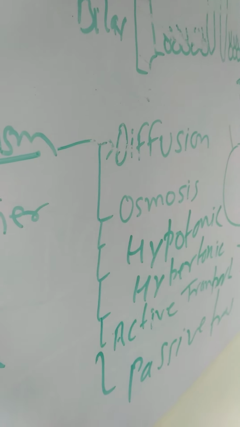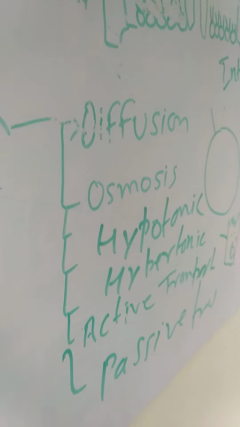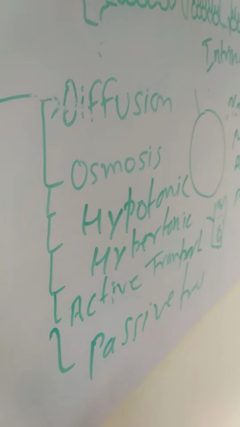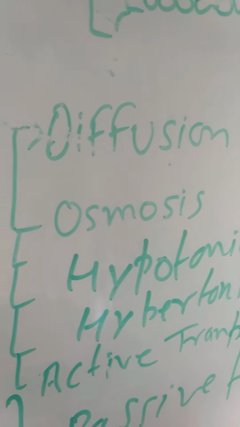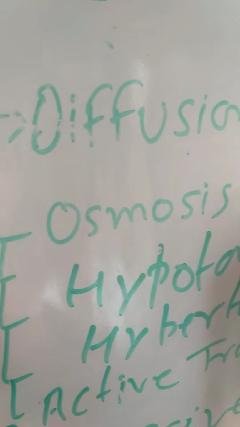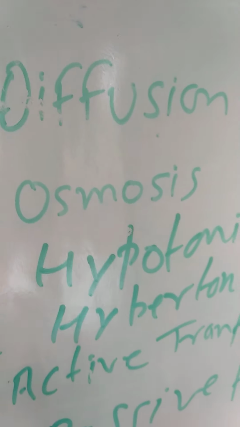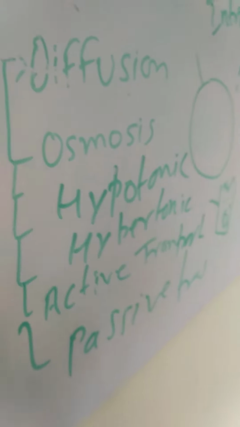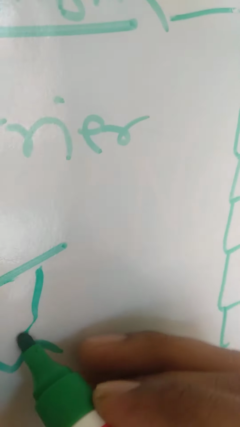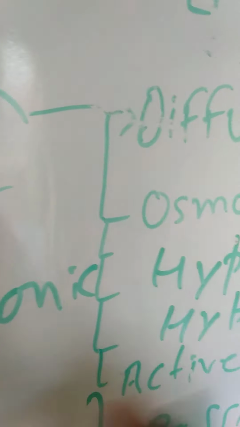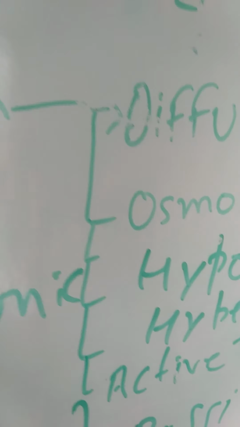The mechanism of the plasma membrane is a vast process. It goes through different types of mechanism. That mechanism is given here. Diffusion, you know, is from higher concentration to lower concentration. Osmosis requires energy, from higher concentration to lower concentration. Osmosis is of three types, that is hypertonic, hypotonic, and one more is there, guys, that is called isotonic movement of solution. Okay, this video I will prepare again for this topic.